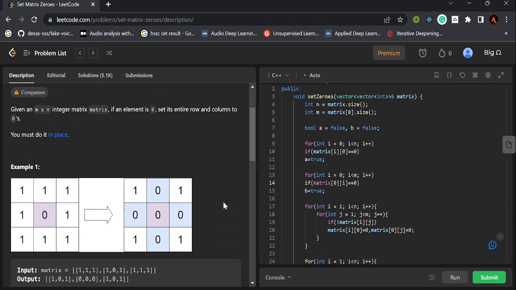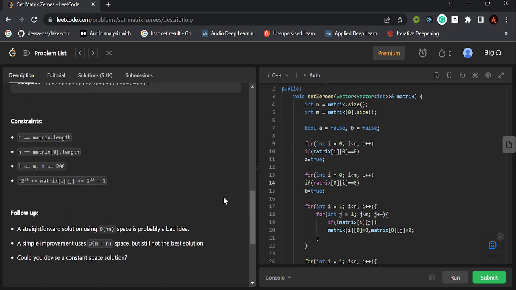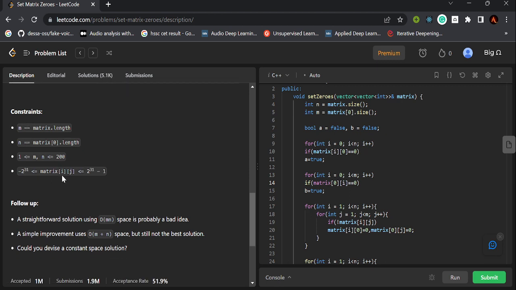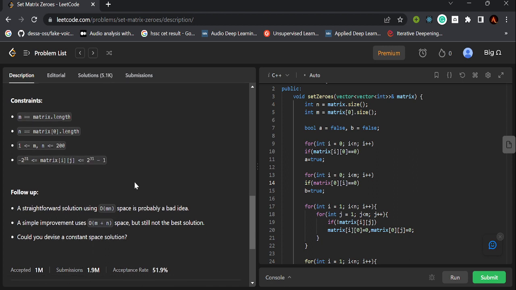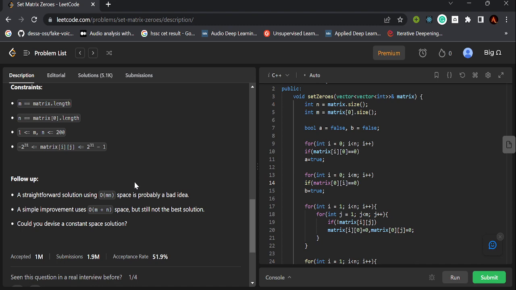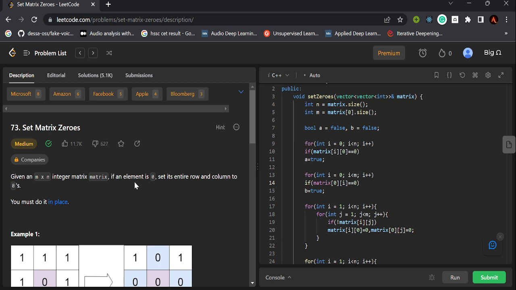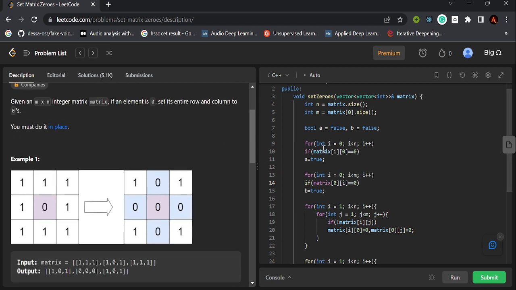Initially, on seeing the constraints, it is given that m and n have values from 1 to 200, and the matrix can have values from minus 2 to the power 31 to 2 to the power 31 minus 1. And we have to do this solution in constant space, and the time complexity will be m into n. So initially I had assumed